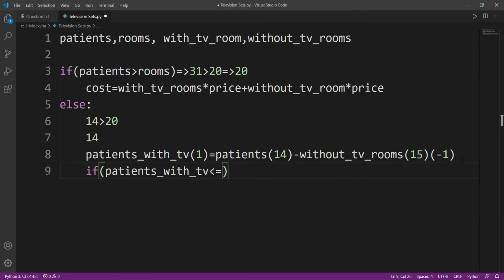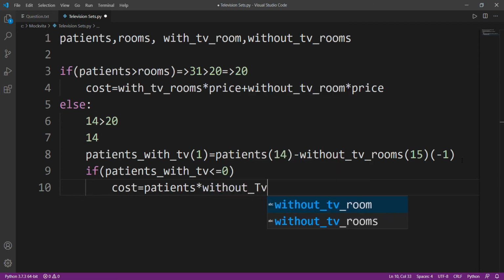If it is less than or equal to zero, then I know that I have enough without TV rooms for my patients, so my cost will be simply the number of patients that I have into without TV room price. So my cost will be patients into without TV room price. All right. Suppose I have 14 patients and my price is 50 rupees.